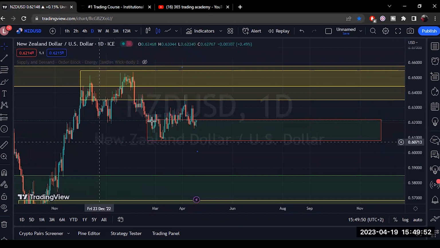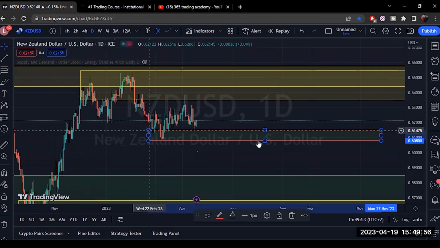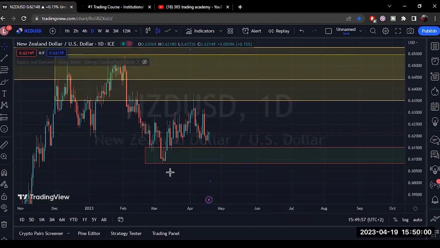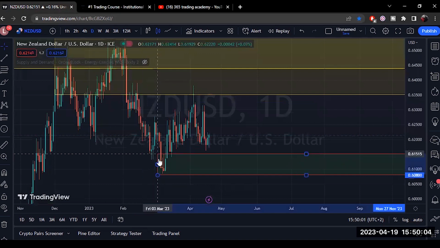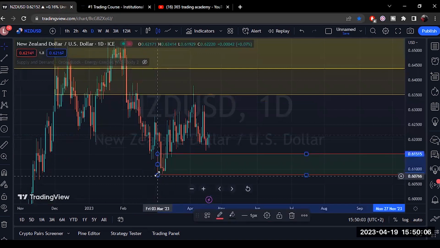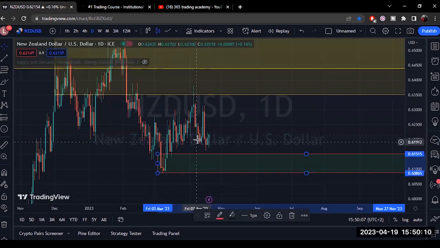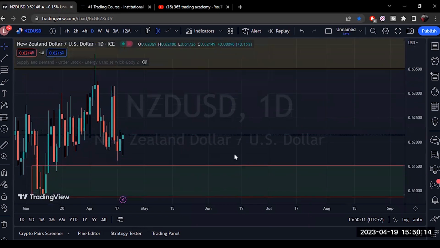I'm going to fix this weekly zone now and reduce it to a daily zone just so I can see what I'm dealing with. I can't find any other daily zones in here that are valid that I need to worry about. I'm going to use this whole area of competition as a big wick. I'm going to tighten this up. If I look to the left, I can't find any really good enough demands. Yeah, maybe what happened yesterday, today is the 19th of April as I record this, would count as a valid